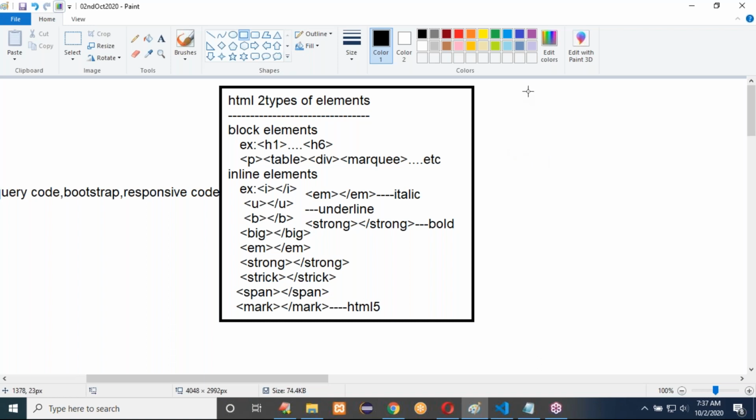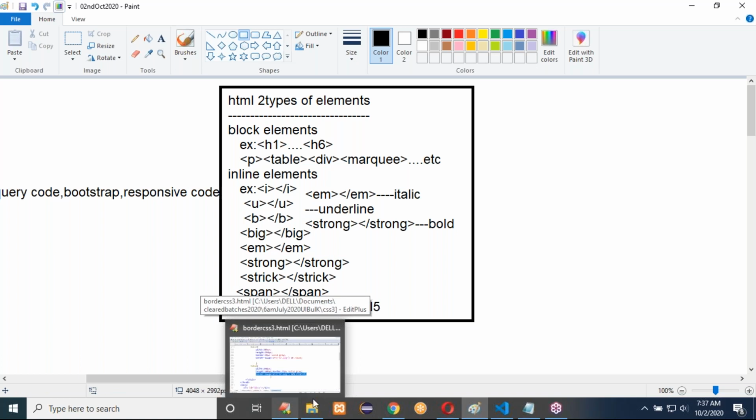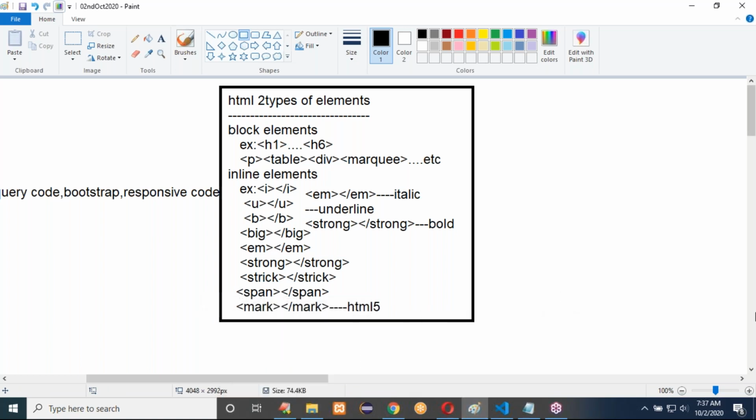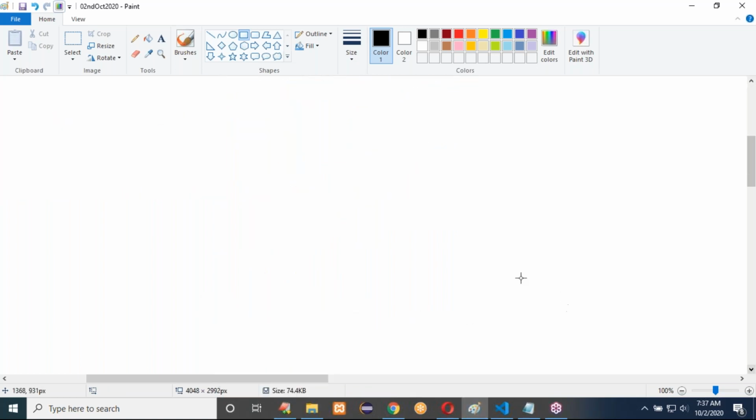Using inline elements and block elements, meaning the paragraph tag and italic tag, try to create some content. I'm not asking about the alignment, just create one application.